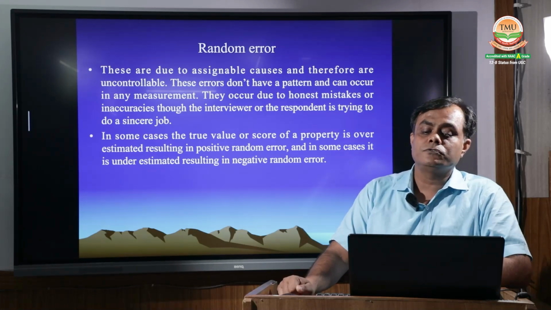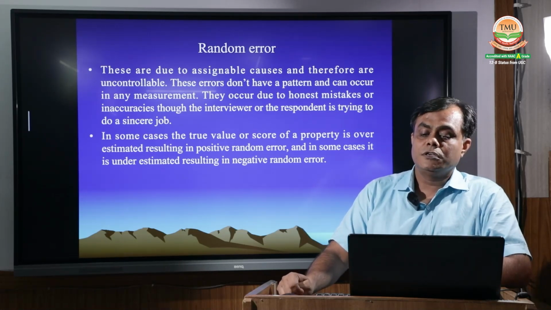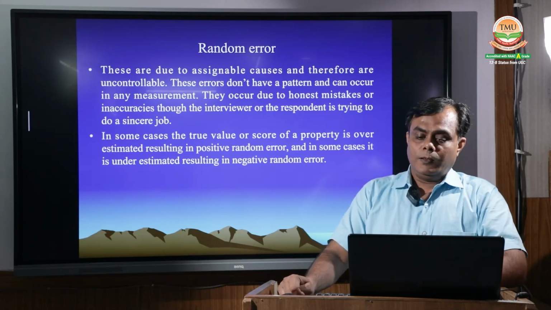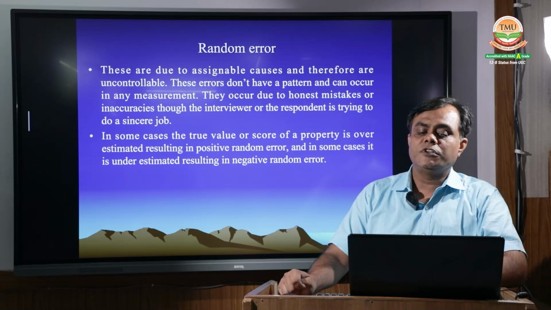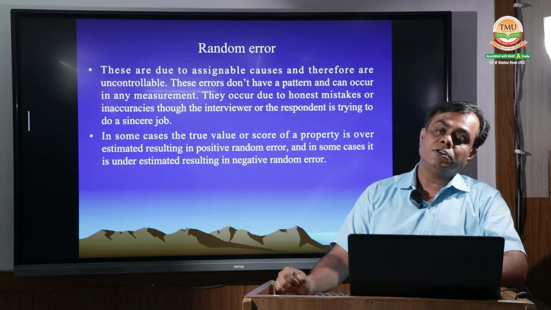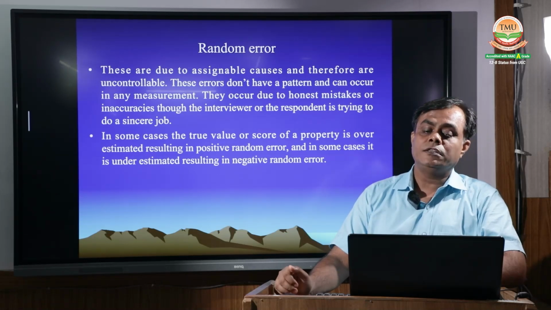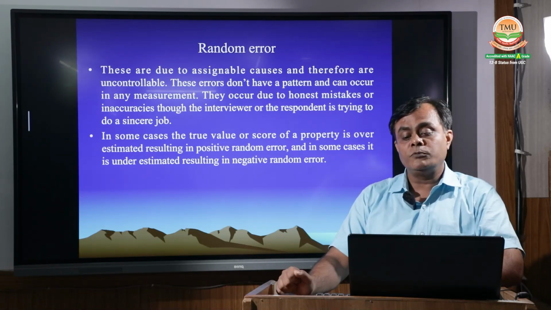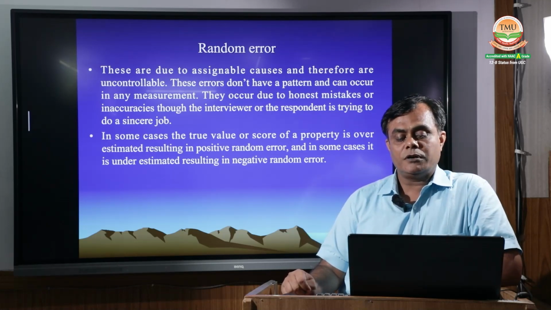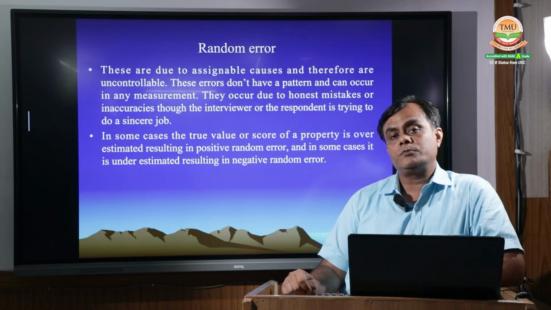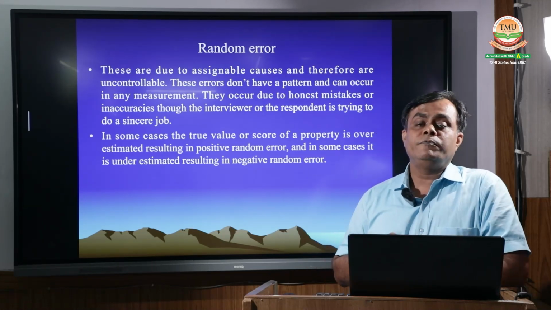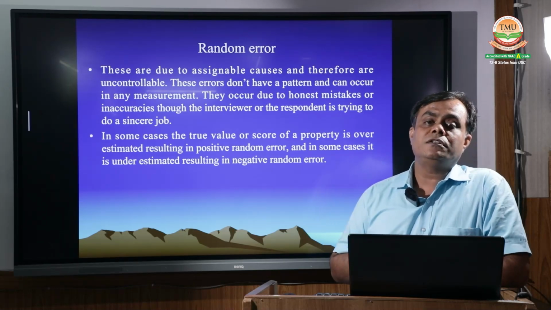These errors occur due to assignable causes. Thereby, through critical examination of the measurement procedure, this error can be corrected or removed completely. So for systematic error, there is a possibility to control it and to remove it from the research. A constant error, for example, may occur due to a faulty measuring instrument. Sometimes if you are using a faulty instrument,